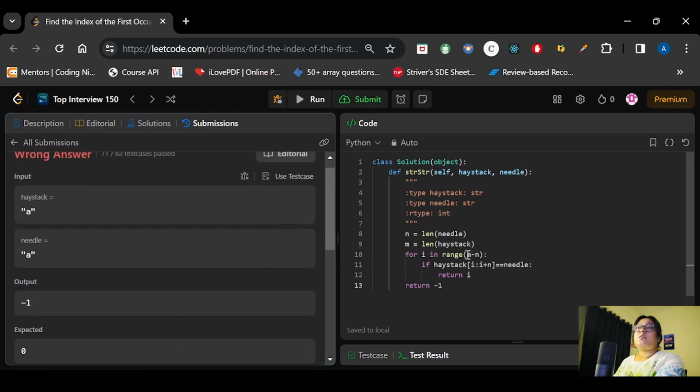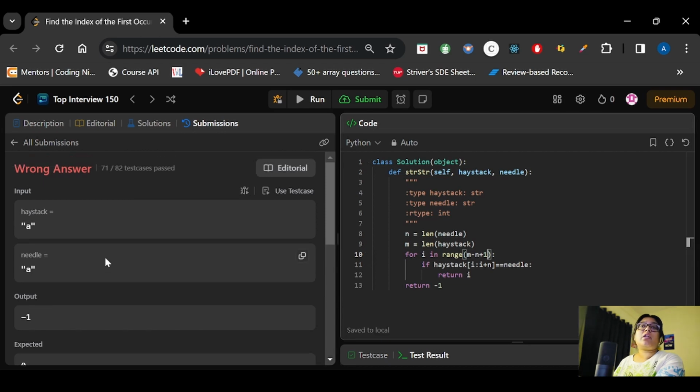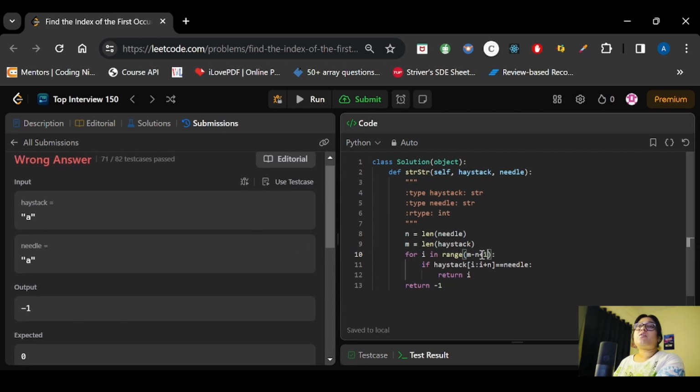Okay, actually we will be going till less than or equal to m minus n. I missed one edge case here. What I missed is, we were going till less than m minus n, then if we start from 0, it will not go for 0, right?